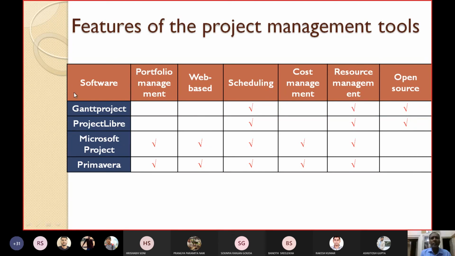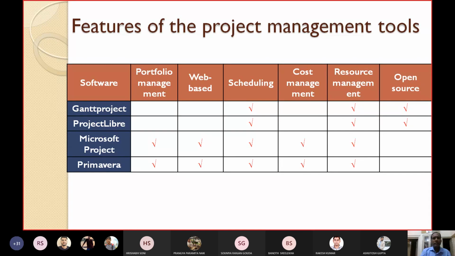In this way, I have given a clear picture of the comparison of the available software tools for software project management. So this is the comparison of the features of the project management tools. You can see many other management tools from the net that you can read yourself. But if you know these things, this will definitely help in your industrial life.